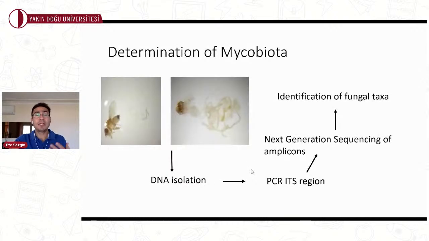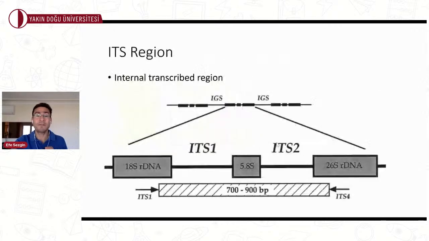So we raised these inbred DGRP lines, 120 of them, under identical conditions, over a number of generations. Then we extracted the digestive system, as you can see here. We did DNA isolation and PCR of the ITS region, which I'm going to show you a little more about in the next slide. Like 16S is for bacteria, which Professor Sibel told you about, we have the ITS region for fungal microbiomes. And then we did next-gen sequencing and identified the fungal taxa.